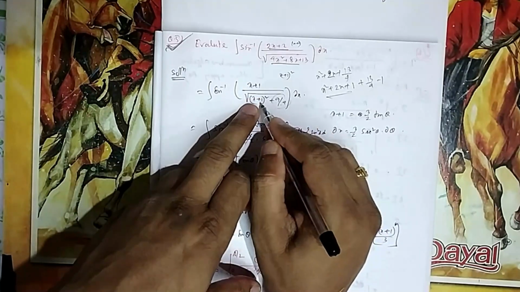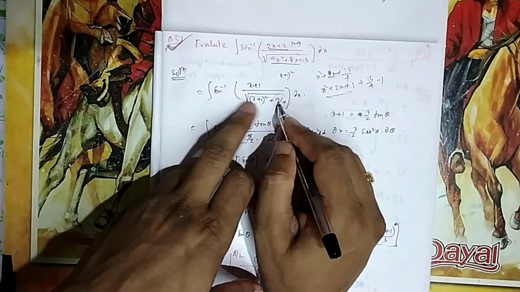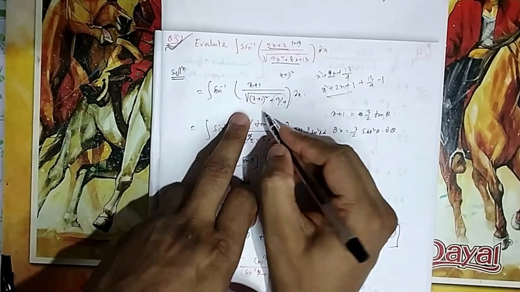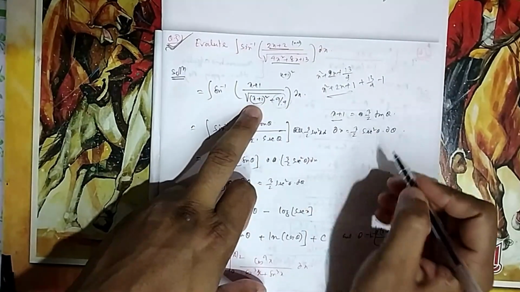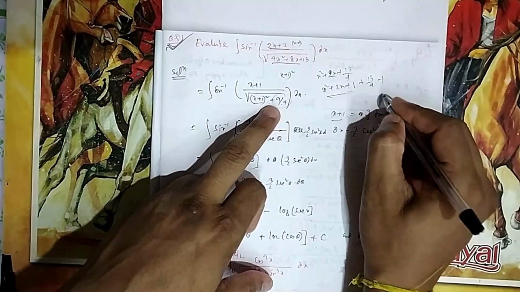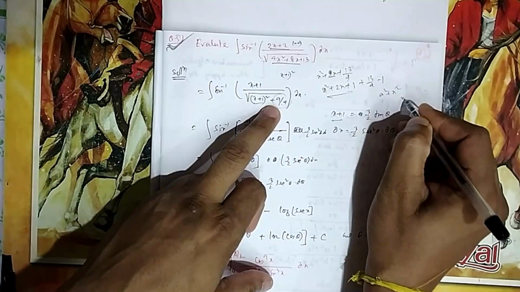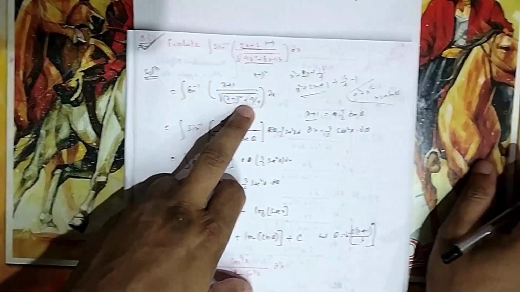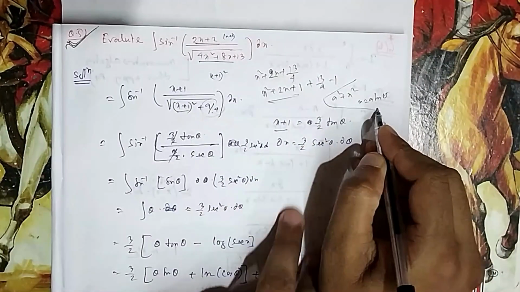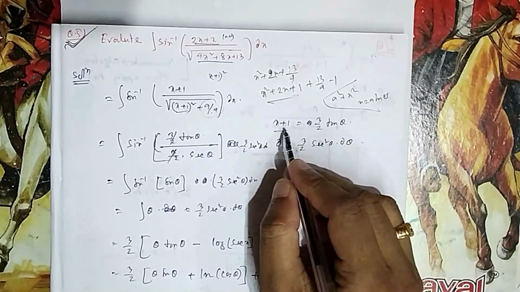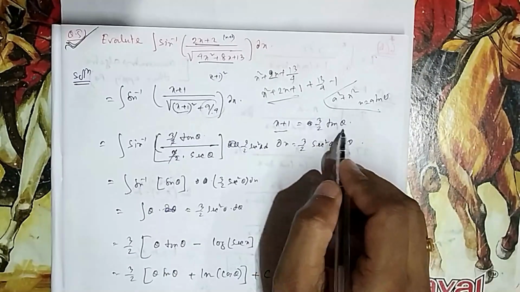So it is always, we said, tan theta we take, because tan square theta plus 1 is sec square theta. For 1 plus x square we always take x equal to tan theta, but here I have to take x plus 1 equal to tan theta. You have to think of it in this way also: for a square plus x square, take x equal to a tan theta. That was the format of substitution I explained in theory. So it is always a tan theta we generally take for substitution. Here a is equal to 3 by 2. So you write x plus 1 equal to a tan theta, that is 3 by 2 tan theta.